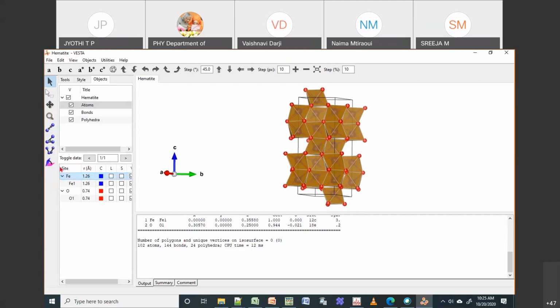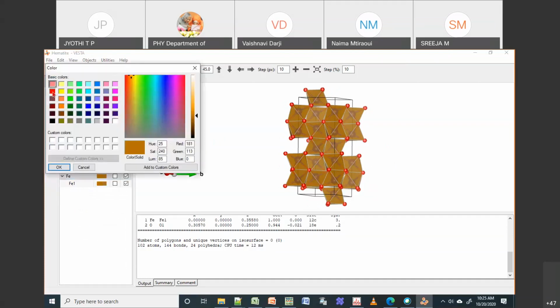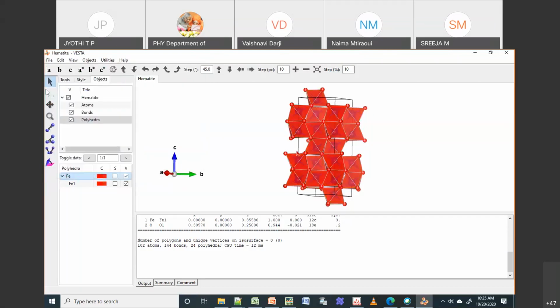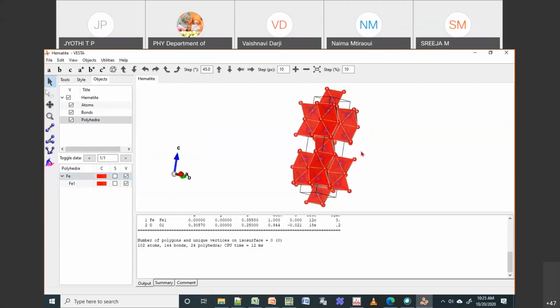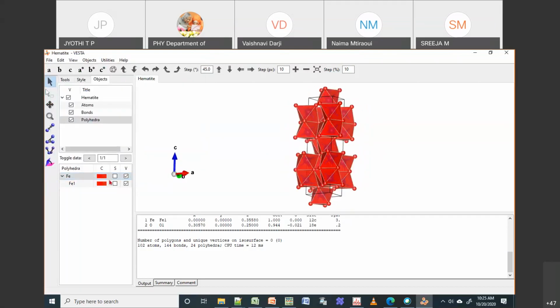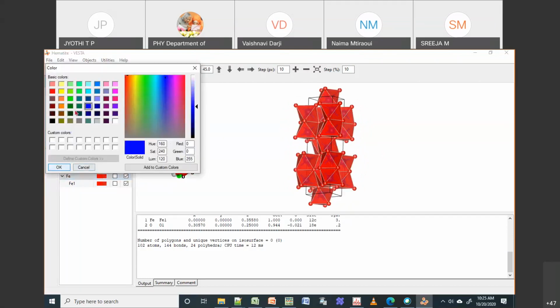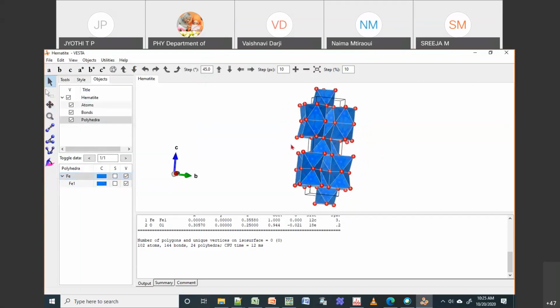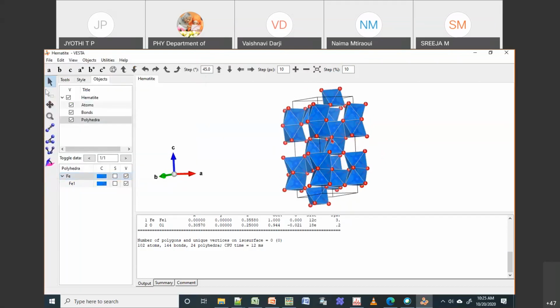So I'll change it to blue. So the atom has changed, but polyhedra is still in the same color. So I will go to polyhedra, and then I will change this color to red. So now you can see it has changed to red. Or I will change it to blue, maybe very light blue, something like that. Then you can see it is changing the color for polyhedra.